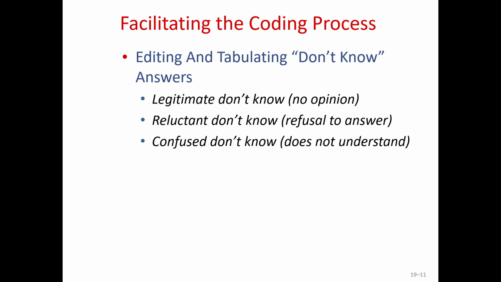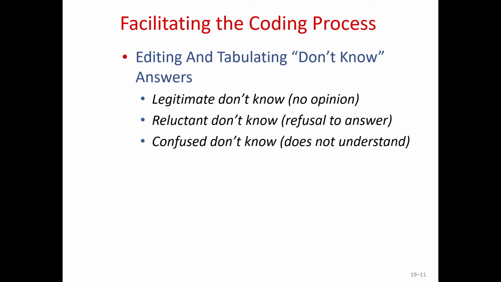And facilitating the coding process: while all the previously described editing activities will help coders, several editing procedures are designed specifically to simplify the coding process. The editors should check written responses for any stray marks. Respondents are often asked to circle responses. Sometimes a respondent may accidentally draw a circle that overlaps two numbers, and then the editor may be able to decide which number is the most accurate response and indicate that on the form.